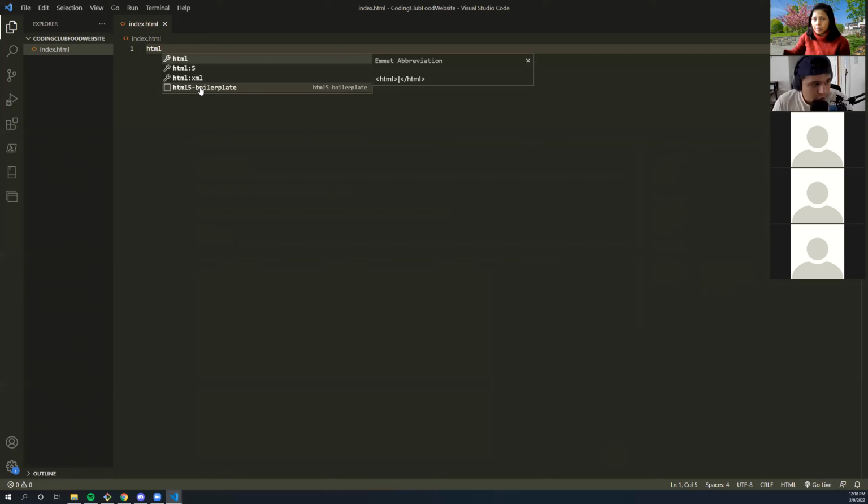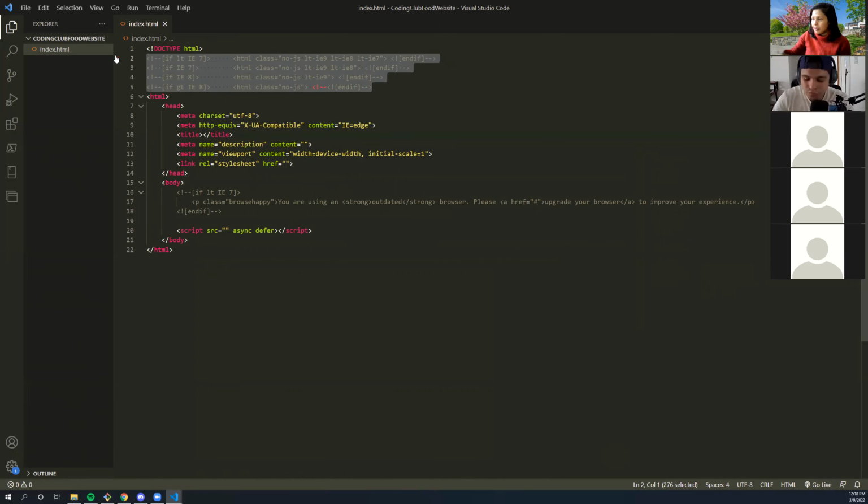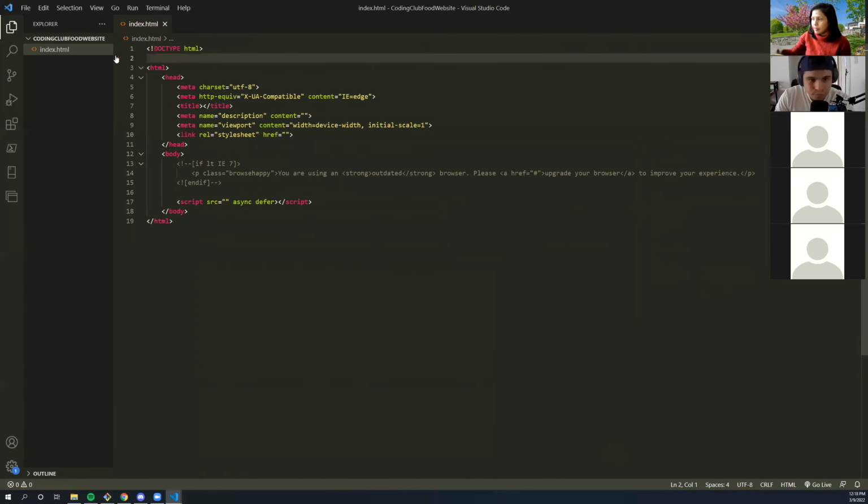You can create an app.js file. We're not going to be doing JS today, just because we're not at that point. But if you want to add JavaScript to your file, yes, you would name it app.js. That signifies the root of a JavaScript file. Cool. Now, after I clicked on the HTML5 dash boilerplate, I have this beautiful HTML5 boilerplate.